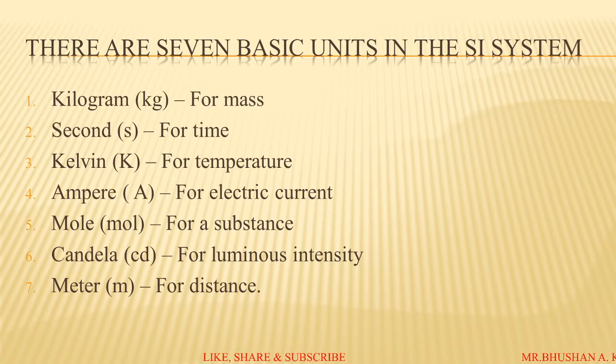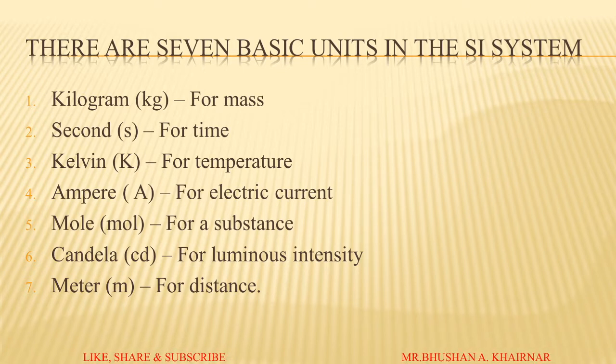There are seven basic units in the SI system. One is the kilogram. Kilogram, this type of SI unit, is utilized for weighing the mass of a sample. It was formally defined as the mass of a liter. Another one is any substance which is present in solid matter. So that will be weighed in the SI unit form, like a kilogram.